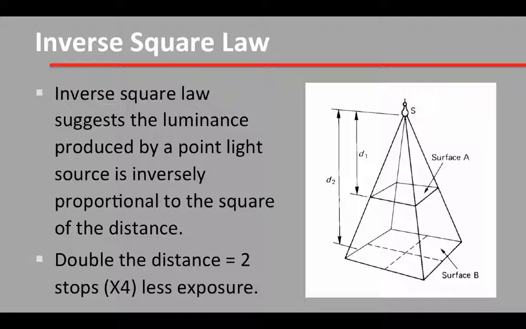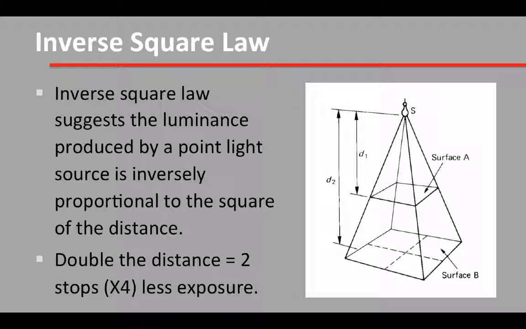Now the next topic is inverse square law. An inverse square law is an effect that changes our exposure due to the distance of light. So when we've got a point light source, and if you look at this diagram on the right hand side there, we have our little bulb and we have a distance, D1 or distance 1. Now let's, for argument's sake, say that is 1 meter. So if we have a distance of 1 meter, our area of coverage is 1 meter by 1 meter, which